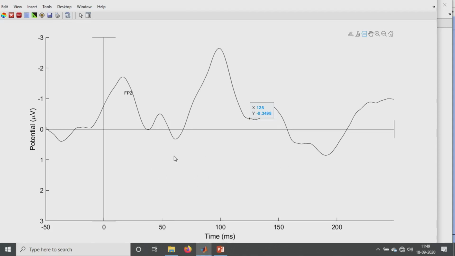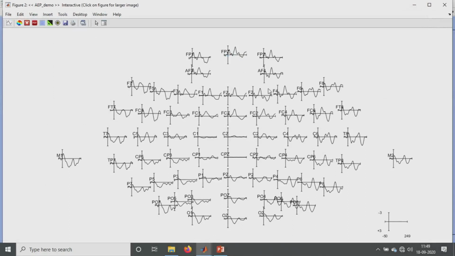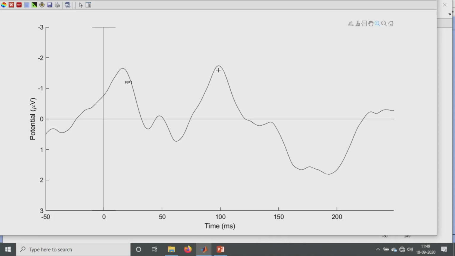This will be there in all auditory data, even if you do an MMN also. So this is a classic example of an AEP. Like that we can visualize each and every electrode. For example, if I want to check this one, you can open it, and here we have the peaks obtained as well.